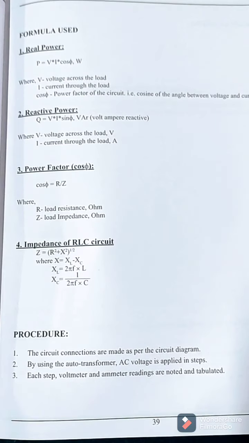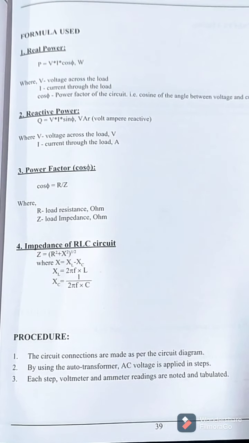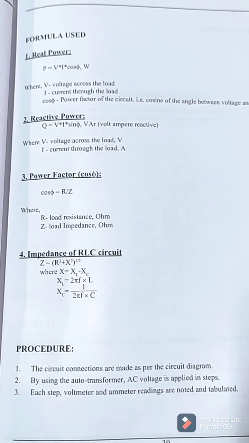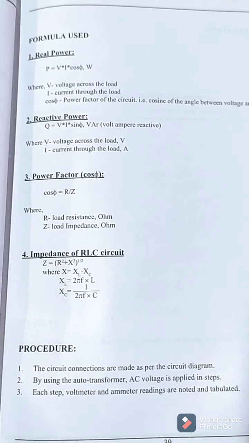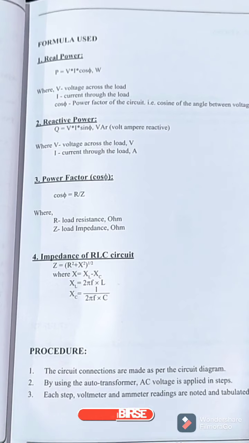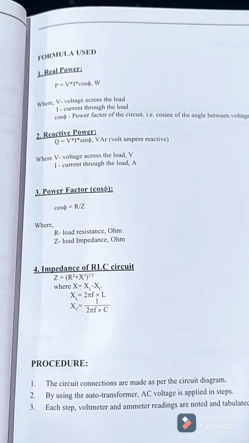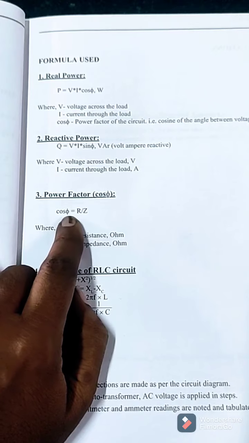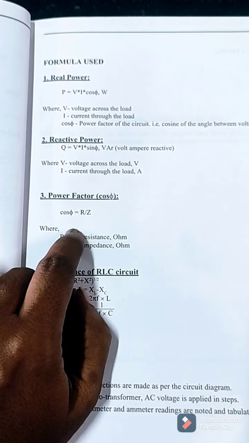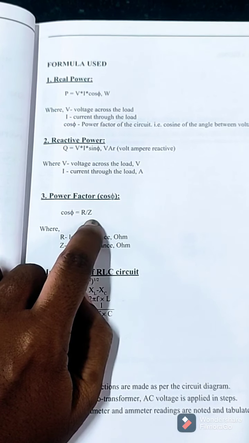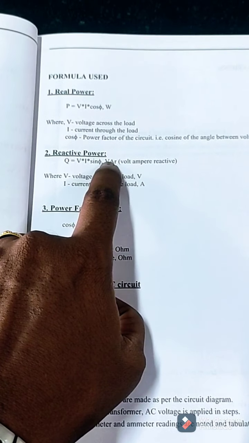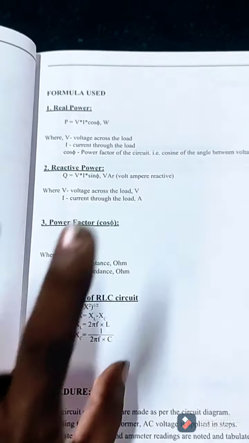You may get confused about how we need to find sin phi. For that, you must know the power factor. The formula for the power factor is cos phi equals R by Z, where R is the resistance and Z is the impedance value. After knowing this R by Z value, we can directly substitute it into the power factor, so that we get the cos phi value. From that, we need to take only the phi value, so cos inverse of the R by Z value will give you phi. This phi value we need to substitute in the reactive power, so that the Q value is obtained.